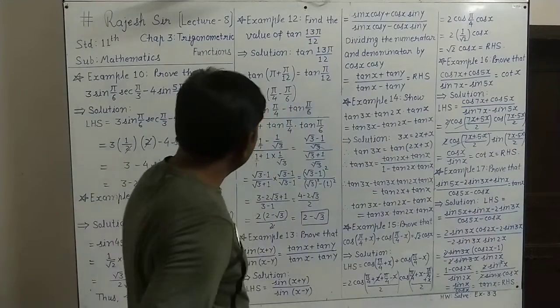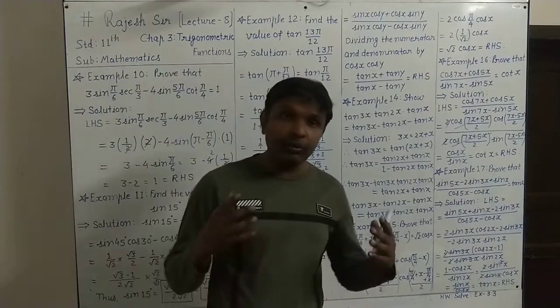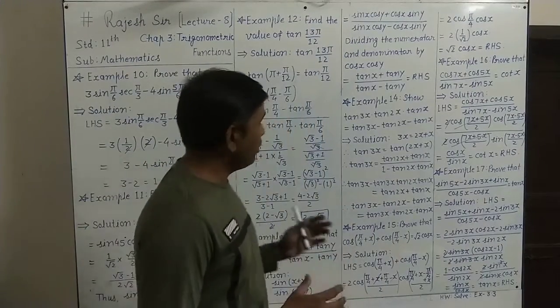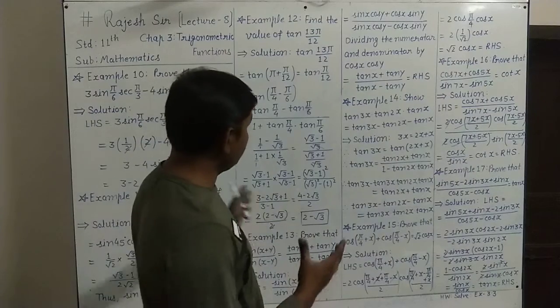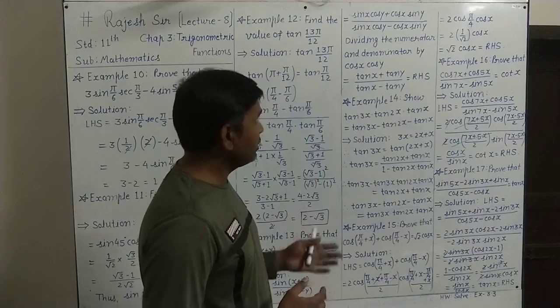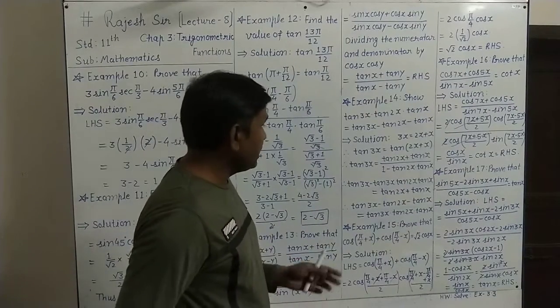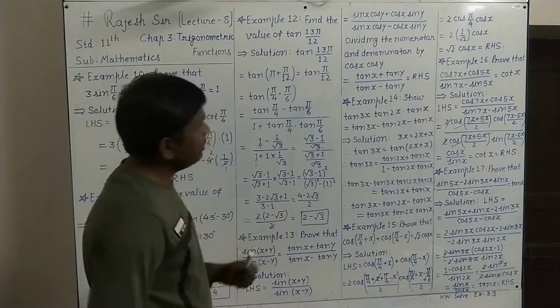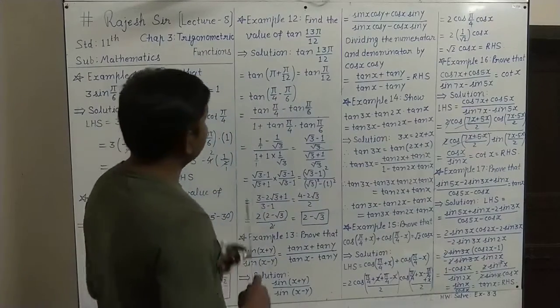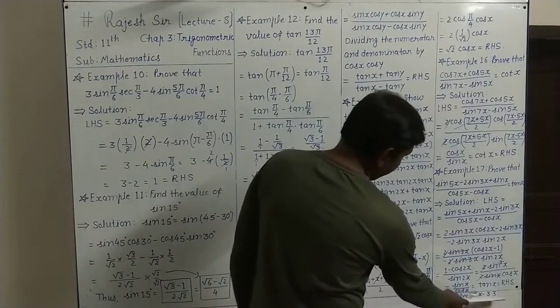So this way totally 8 examples, and before that in the lecture all the 21 formulae we have seen, and all that type of formula we can use. In these 8 examples we have seen how we can use it, and we can get our proof, and we can show what is wanted to show. And we can get the values also by the help of the trigonometric table. So this type of examples we have seen, and this type of questions you will find in exercise 3.3.